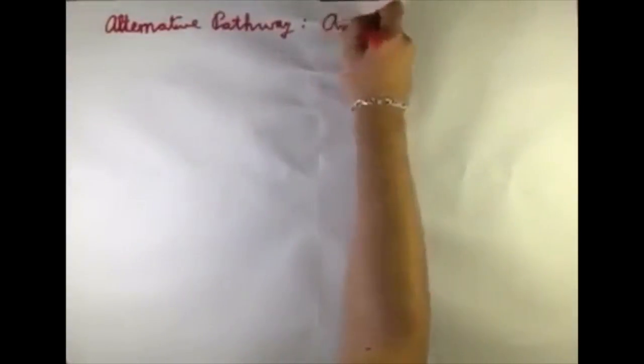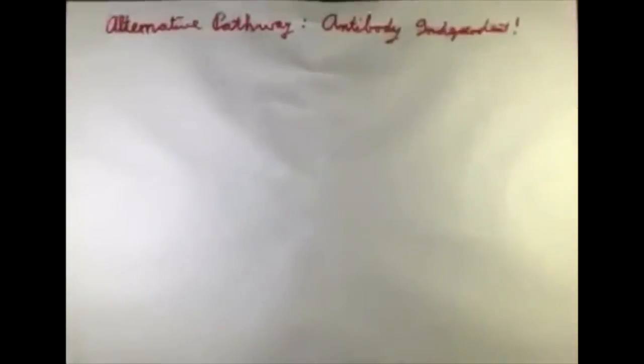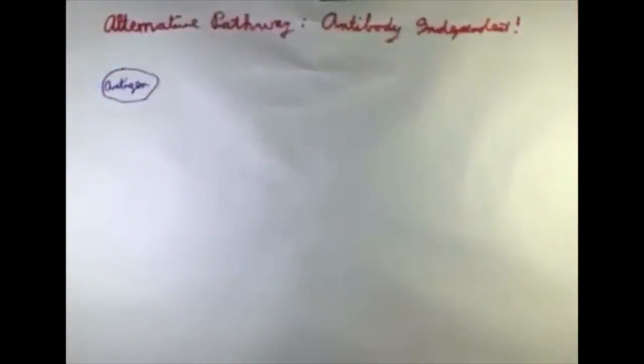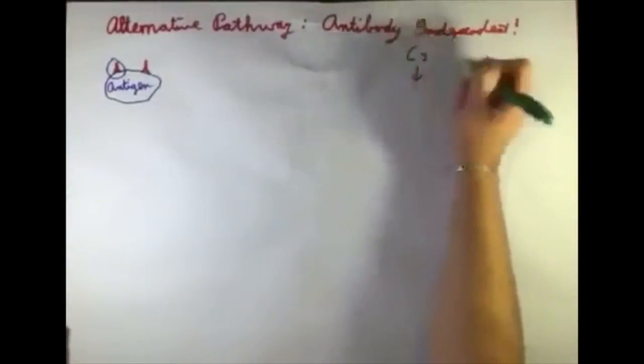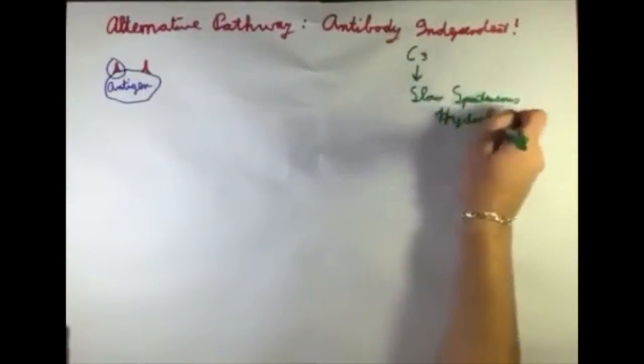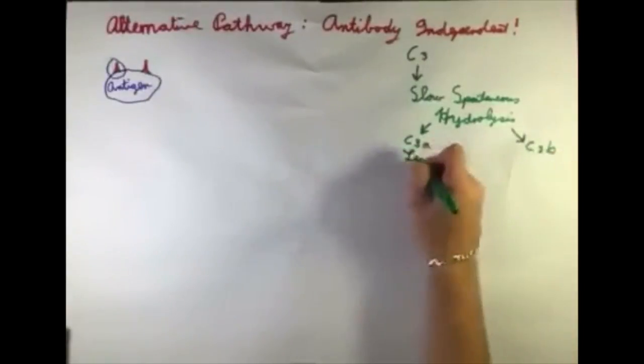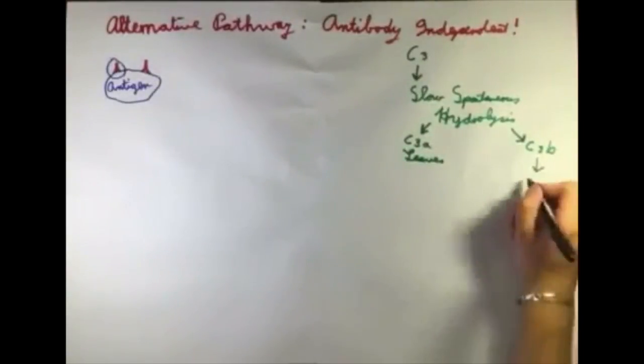The alternative pathway is also known as the antibody-independent pathway. The antibodies on the antigen would send out signals to attract the complement proteins. C3 complement protein undergoes hydrolysis to divide itself into C3a and C3b. C3a diffuses away slowly and leaves the complex, and C3b recognizes the antigen as it can bind to the foreign